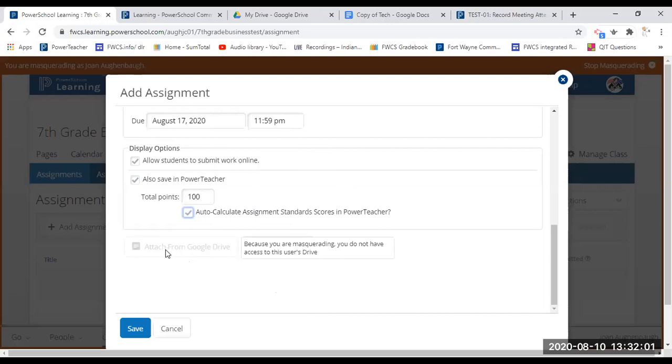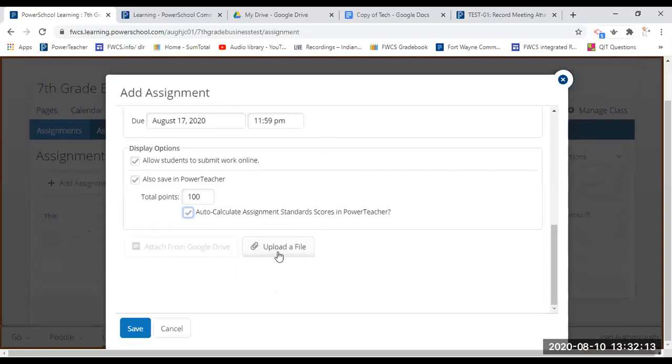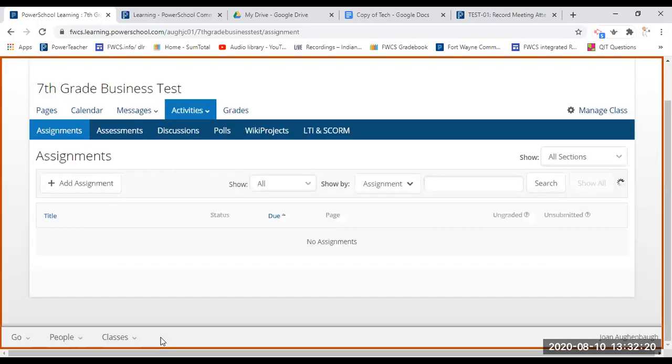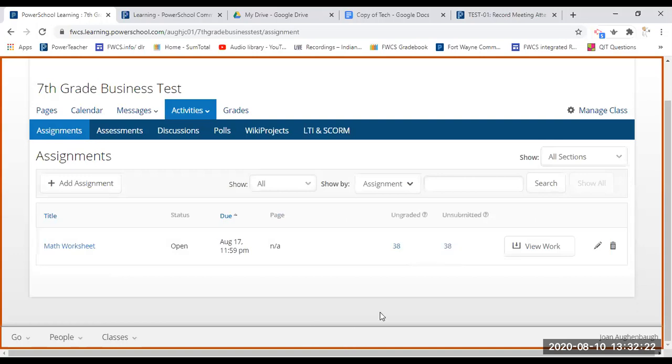Now, here's where I could attach a file from Google Drive, but since I'm masquerading as a different user, it's not allowing me to grab my Google Drive attachment here. Then I could say upload a file. I'm not going to upload a file right now. I'm just going to say save. And that should, if I was on the PowerTeacher Pro side of it,